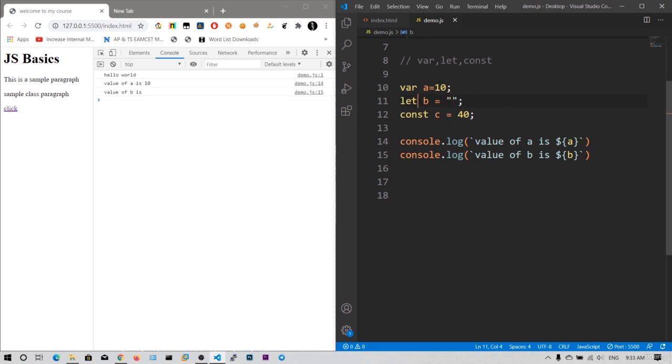You can just say let b is equal to a string, let's say hello world. Now the value of b is hello world. You can simply assign a string, number or floating point value to a variable without worrying about the data types. And to check the type of that variable, you need to say